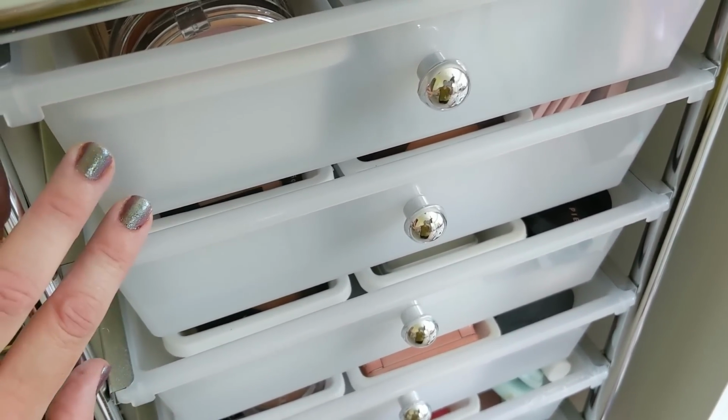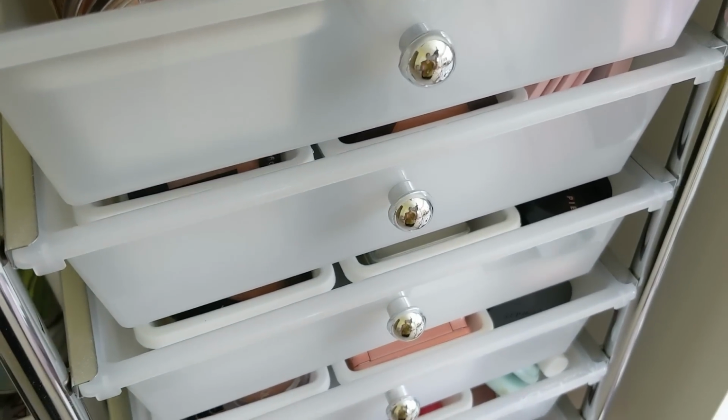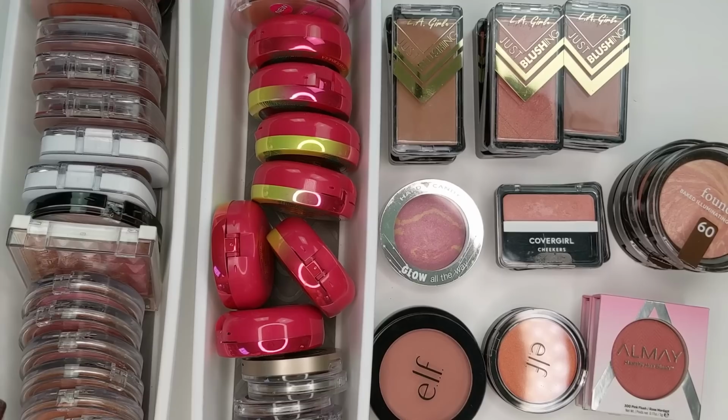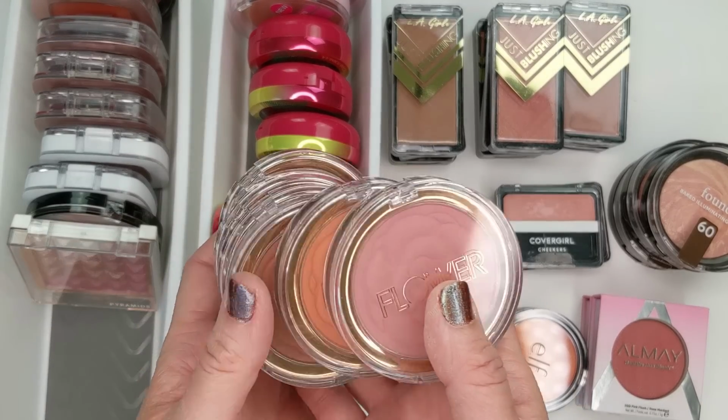So I'm going to grab the powder ones first from the drugstore and then we'll do the creams next. Okay, so when it comes to powder blushes, let's start with, actually, these are probably my favorite, the Flower Beauty